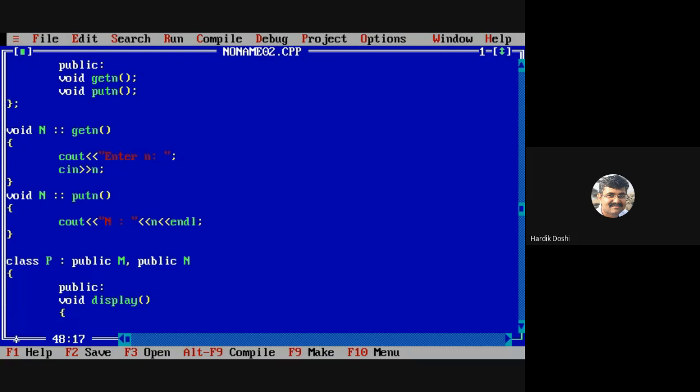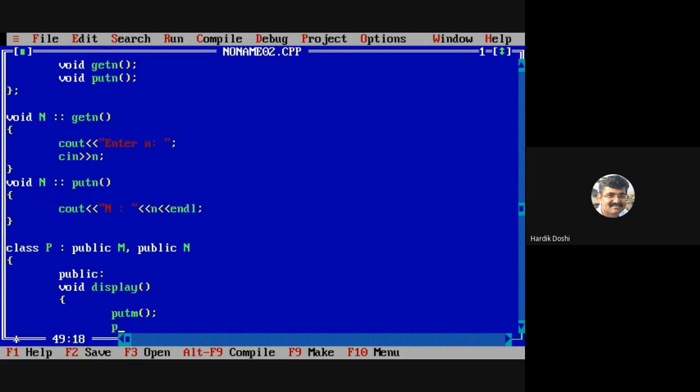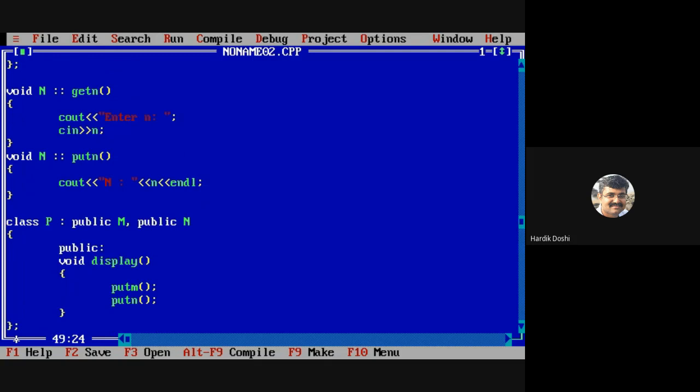In that I am displaying put M, put N, and lastly, I want to print the multiplication of both M and N. An extra feature: M into N is equal to M into N. Is this statement correct? First of all, syntactically.